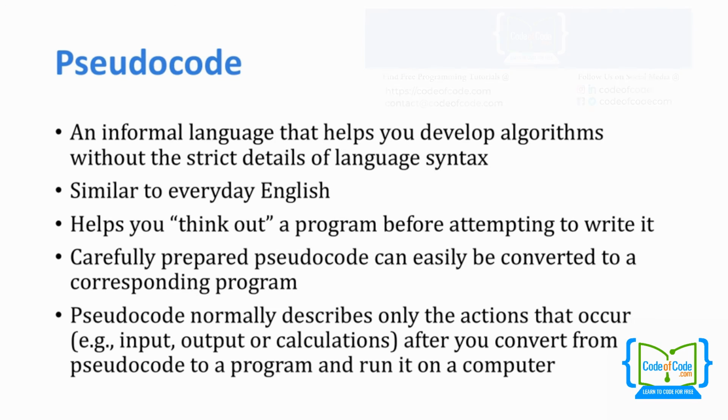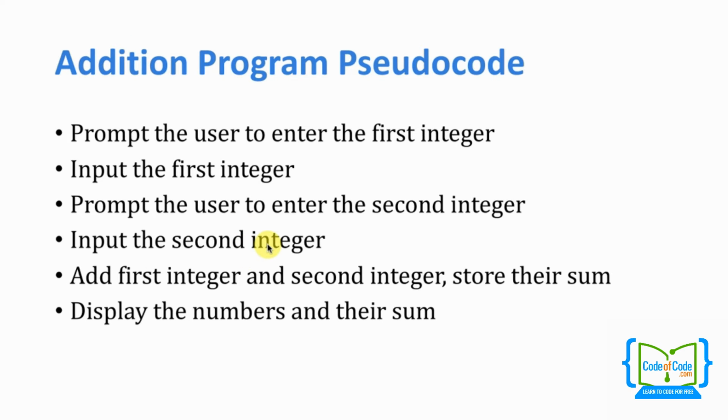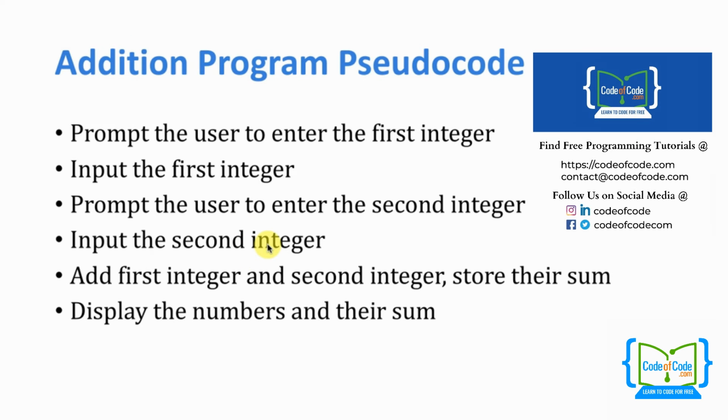Now here we have some pseudocode for an addition program where we want to read in a couple of numbers from the user and display the sum of those values. So in order to do that, the first thing that we're going to want to do is prompt the user to enter the first integer, and then we're going to input that value from the user and store it in